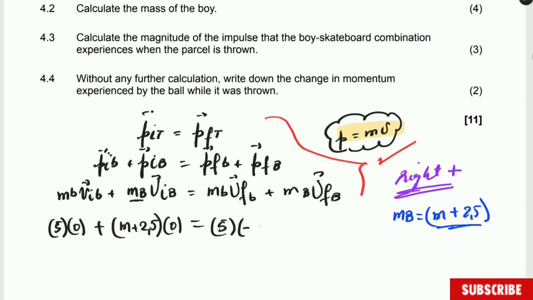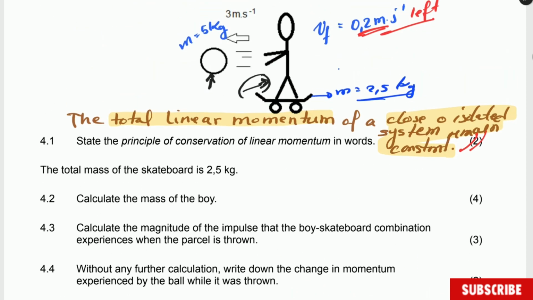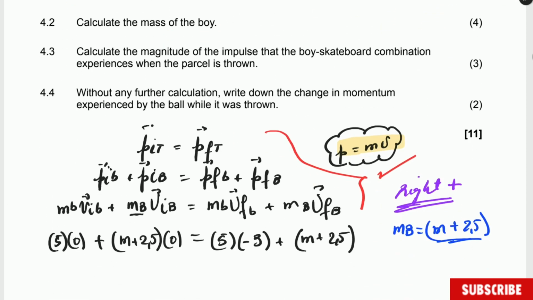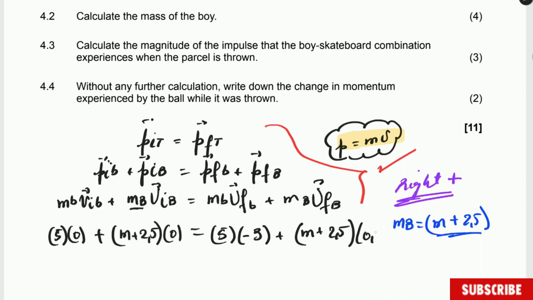Therefore it is -3, plus this one is M plus 2,5 multiplied by the final velocity of the boy, after he threw the ball, which is 0,2. So this one is multiplied by 0,2, and the rest is mathematics. This one is going to be 0, and this one is going to be 0. So we have that 0 is equal to -15